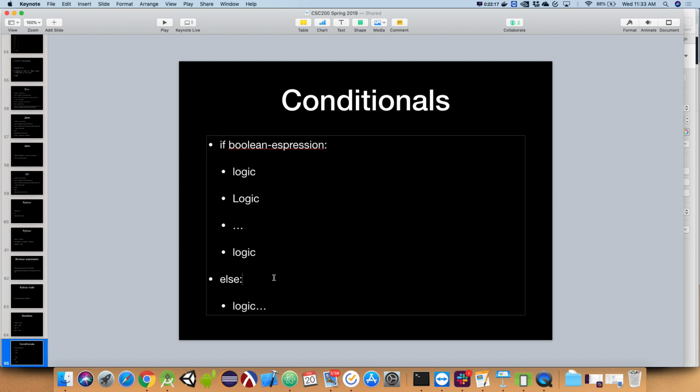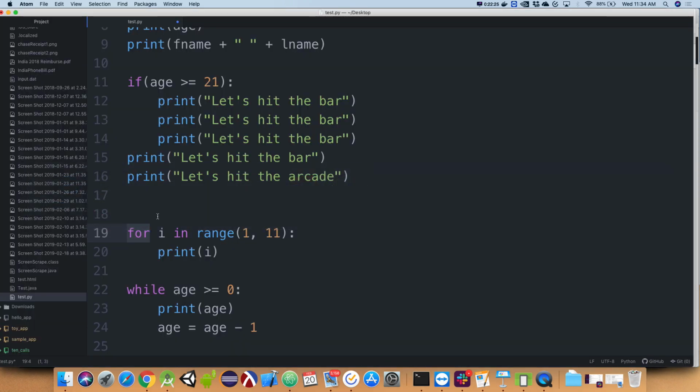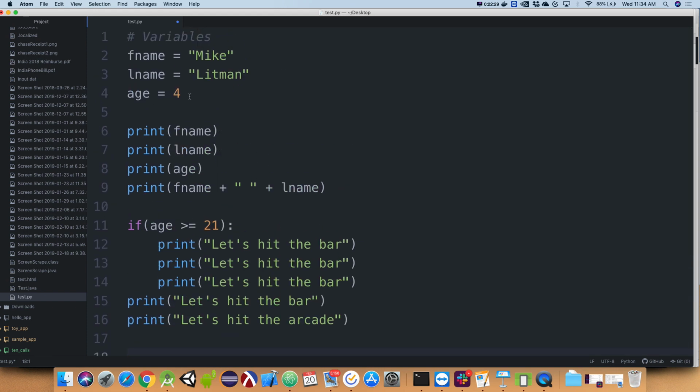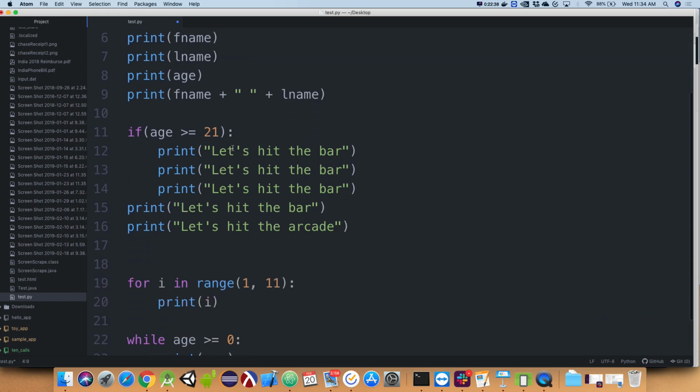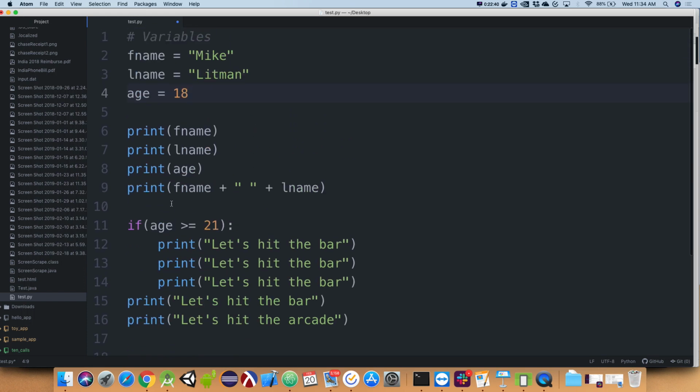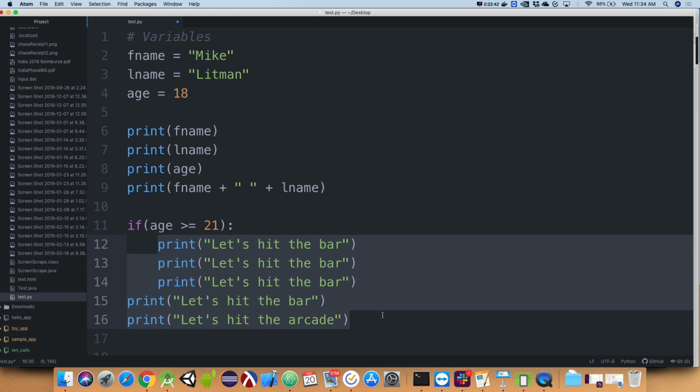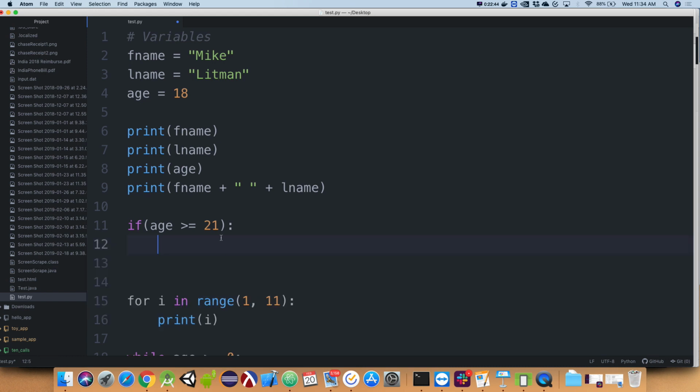All right, questions about conditionals? Go ahead. Absolutely. Yep. Good. Really good question. So what he's asking is this. I can say something like, let's start age off at 18, like that. So we'll say if age is greater than or equal to 18,